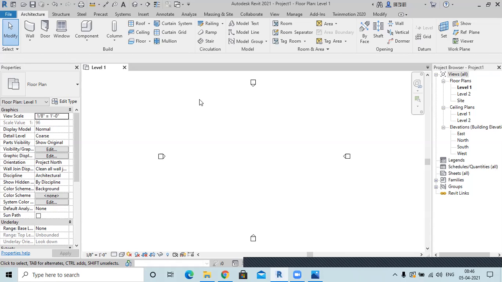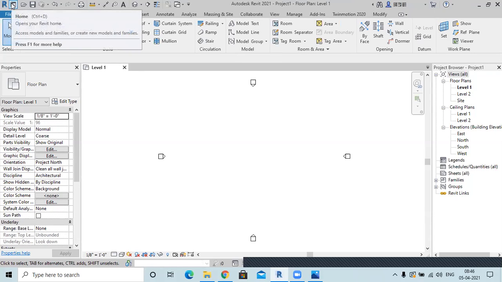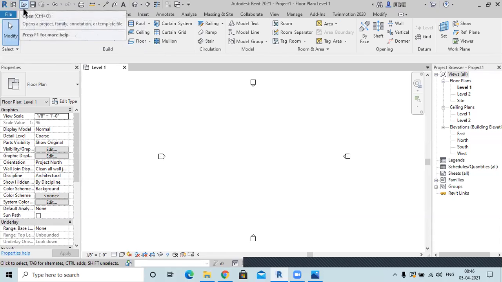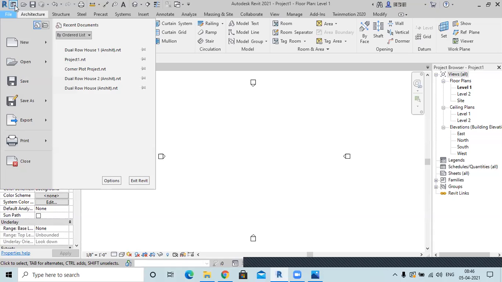Now all the things are set. I'll give you a small tour of what all these things are that you can see on the screen. On the topmost, you will see this R symbol. This is just a logo. But when you go right from here, you will have different options which you can also get in the file menu. But here, these are the shortcuts.